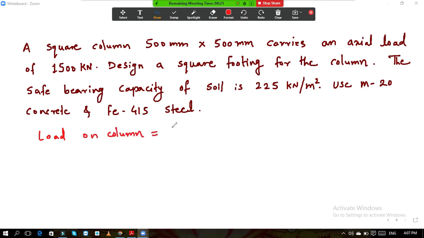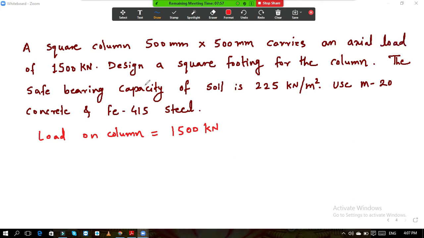The load is given as 1500 kilonewton. Okay. So normally, initially we don't know what is the self weight of the footing. Okay, we don't know what is the self weight of the footing. So initially,